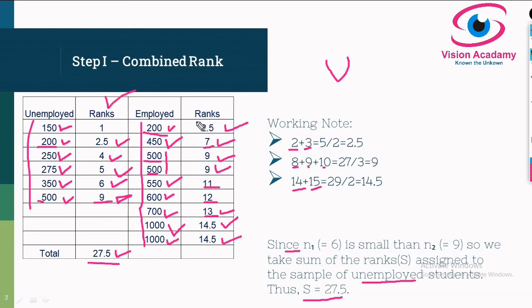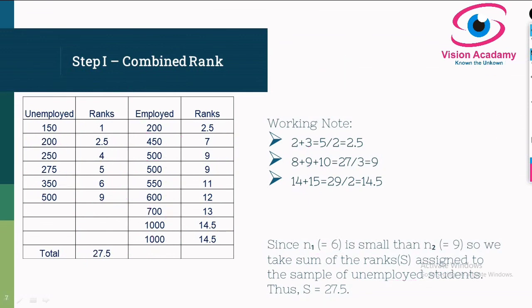Compare n1 and n2, and whichever value is lower, consider that value for S. Here the number of observations in n1 is 6, meaning we have 6 observations. In n2 we have 9 observations. So 6 observations are fewer than 9 observations, so we'll consider n1's sum of data. After this we can go for